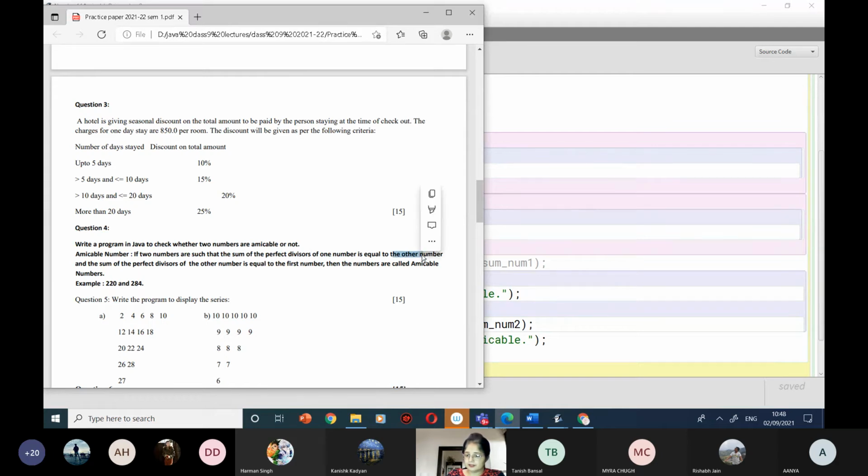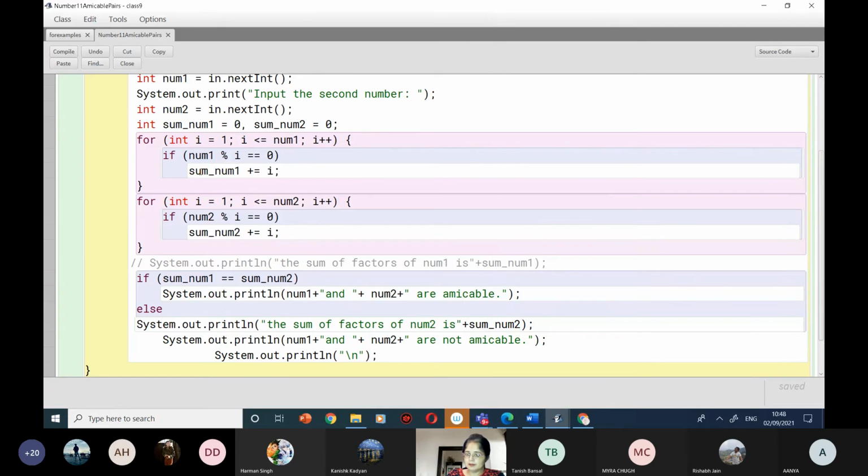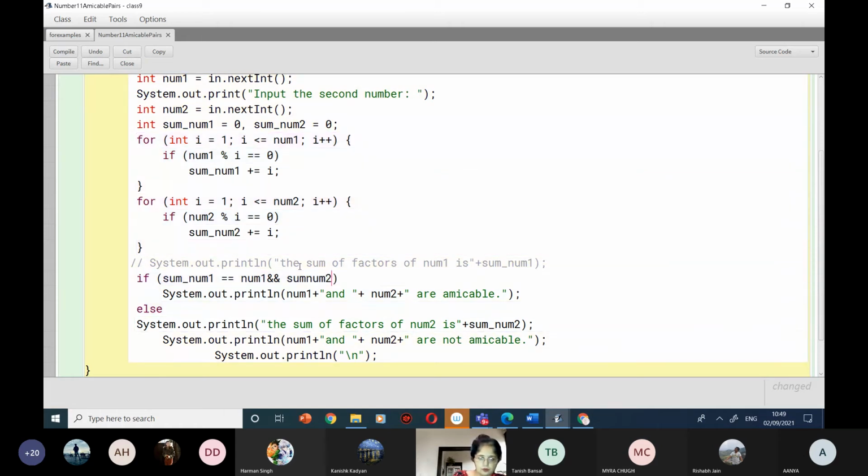According to this definition, the perfect divisors of the number is sum num1. It should be equal to what? Num2. And sum num2